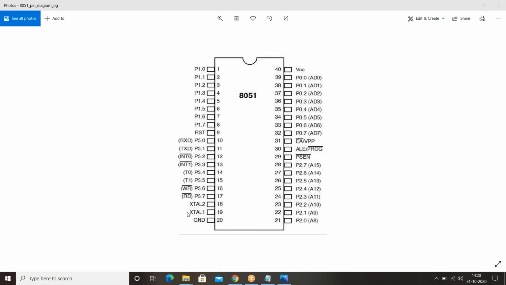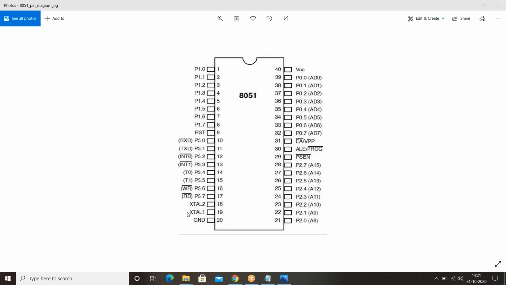Well, coming back to pin number 32 to 39, which comes under port 0. Okay, here if you observe, address and data are stored in this port 0. Address and data will be there in this port 0. How do we know whether this port 0 carries address or data? At this point, the ALE pin, if you observe this pin number 30, the address latch enable pin, acts as a demultiplexer.